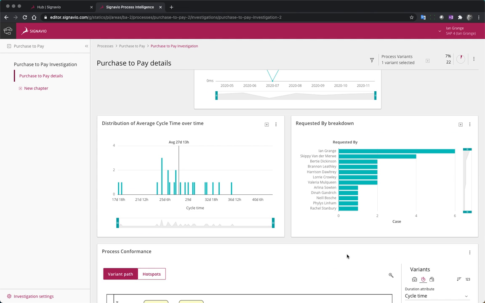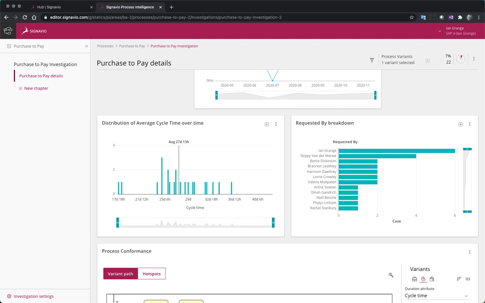But if I scroll up to the top here, where we look at our requested by variants, we can now start to see of those orders that started with an invoice being scanned rather than a purchase order being raised, there are a couple of people at the top here who've been doing this a lot, but the process does seem to be slightly endemic in that there are a number of other people who've done it 1 or 2 times. So we've really now got down to the root of this particular problem, and this was then something we may want to take action on